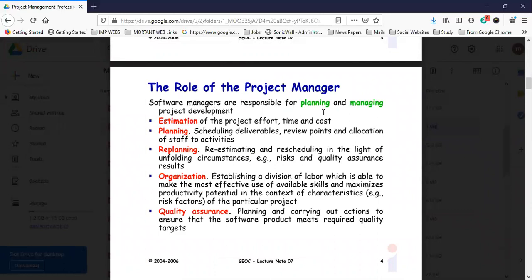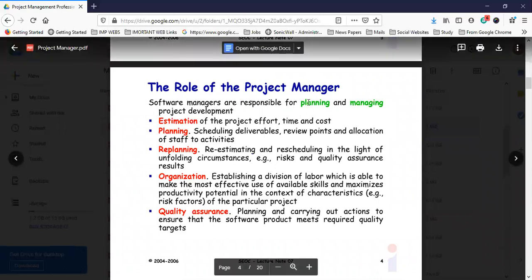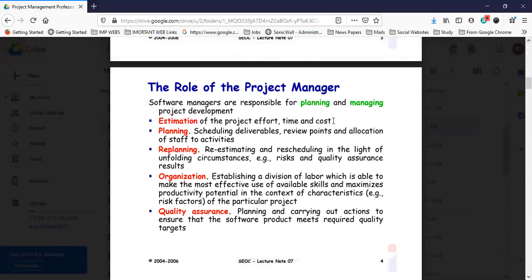Okay, so these are the sort of plannings, the basic things you need to understand: what is the cost, what is the time, and how much effort is required. If you have done the same sort of project in the past, that gives you a good idea. That is the only reason that learning from experience is always counted in project management, right?